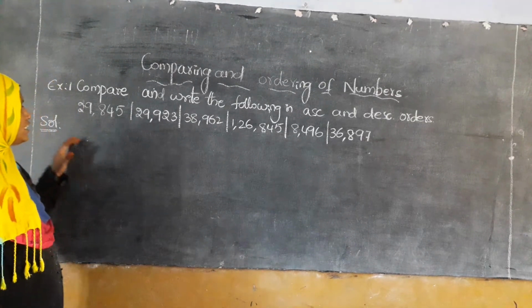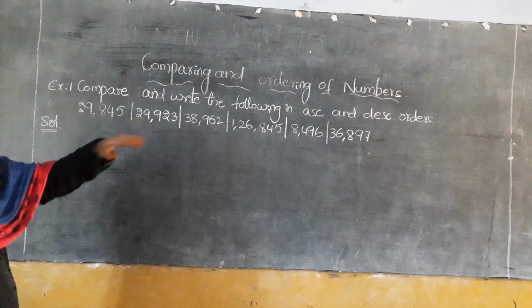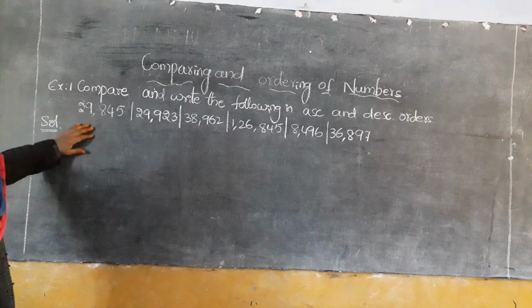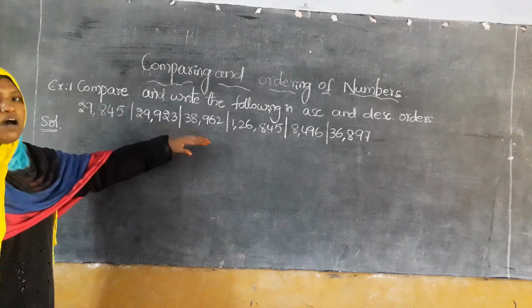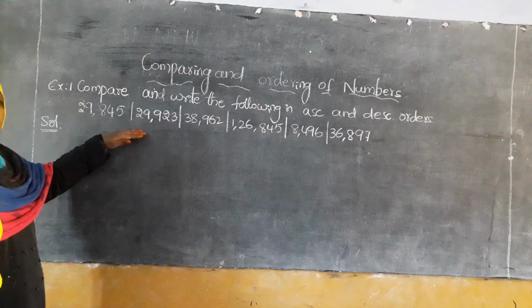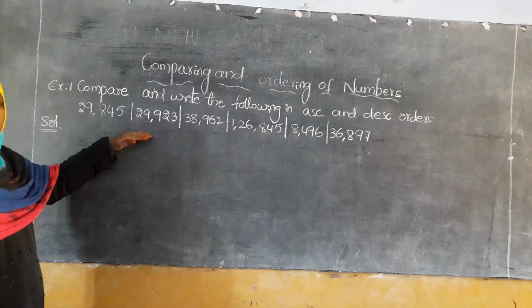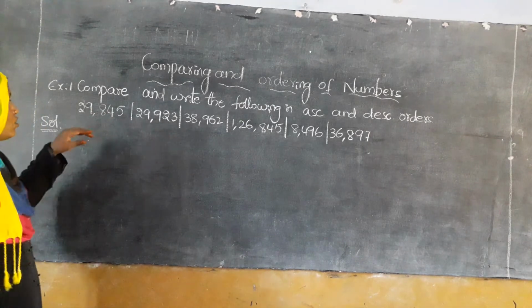So before arranging the numbers in descending and ascending order, we have to find which are the greatest and smallest numbers among these. How can you find? By comparing the given numbers. So see here,